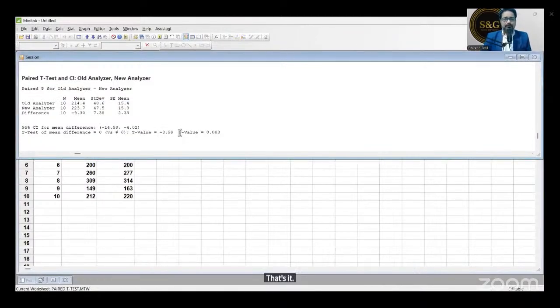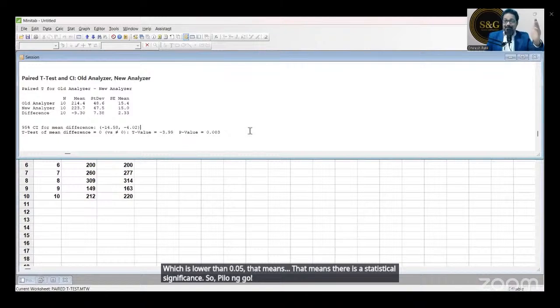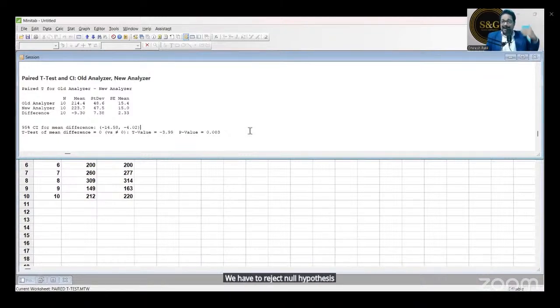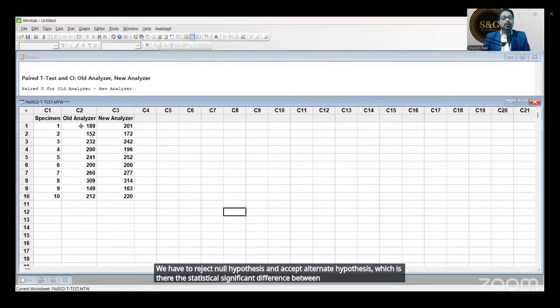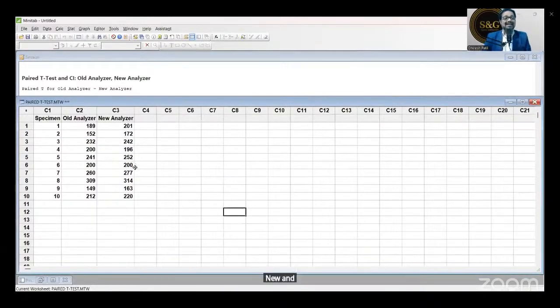Just check the p-value: 0.003, which is lower than 0.05. That means there is a statistical significance. So P low, null go. We reject the null hypothesis and accept the alternate hypothesis, which is that there is a statistically significant difference between the new and the old analyzer. That is the conclusion.